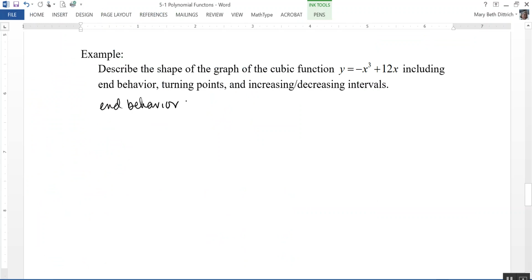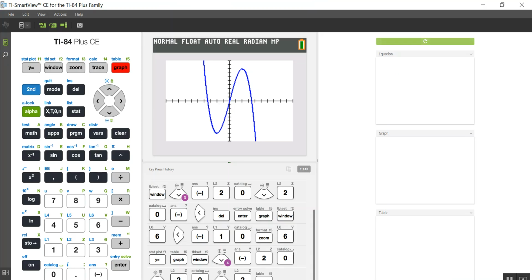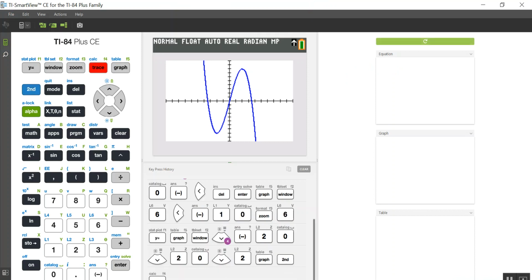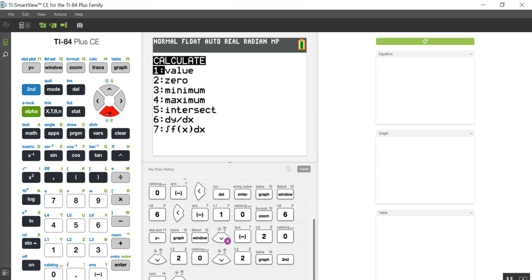So my end behavior is up on the left and down on the right. I need to find my turning point, so I need to find the coordinate right there. So that's a minimum value. So I'll do second trace, I'll go down to minimum,